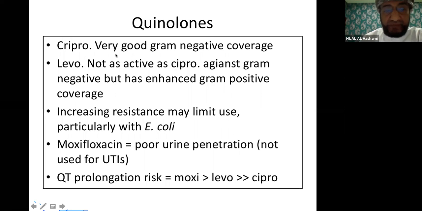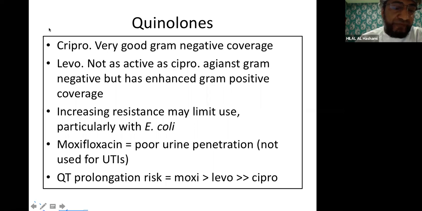Here, ciprofloxacin has very good gram-negative coverage. Then when we move from cipro to levo to moxi, levofloxacin is not as active as cipro against gram-negative, but it has enhanced gram-positive coverage. Increased resistance may limit its use, especially for E. coli. Another note of clinical importance for cipro is that when you have a patient with salmonella